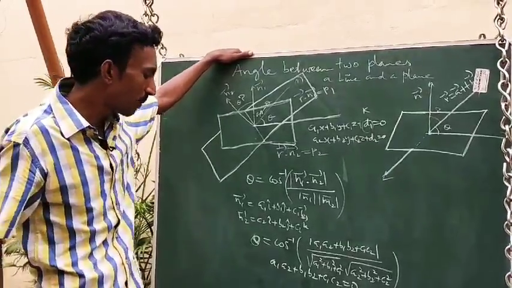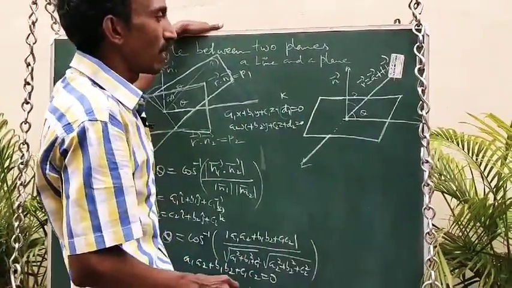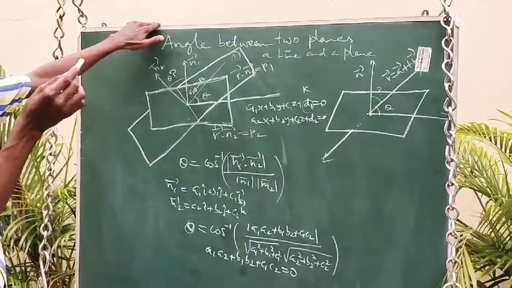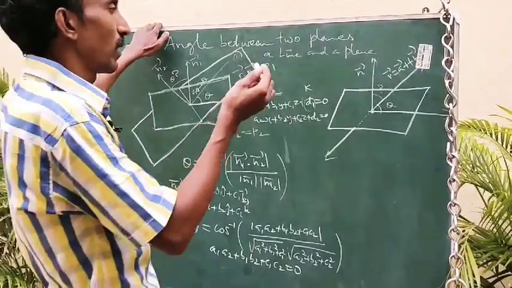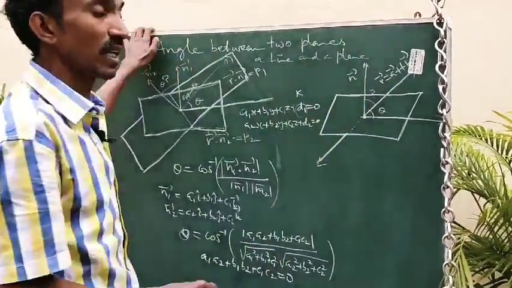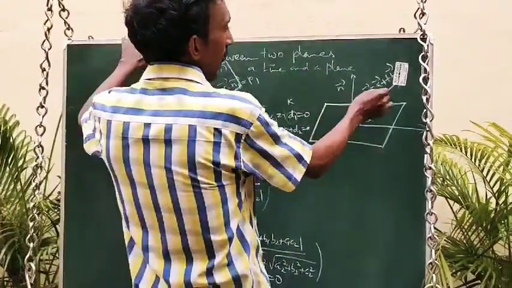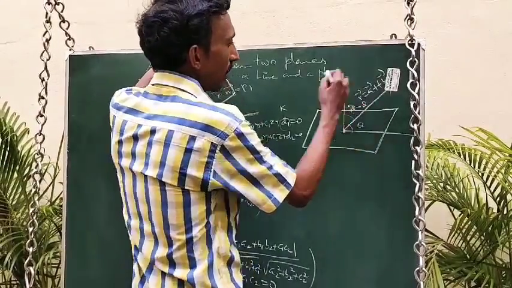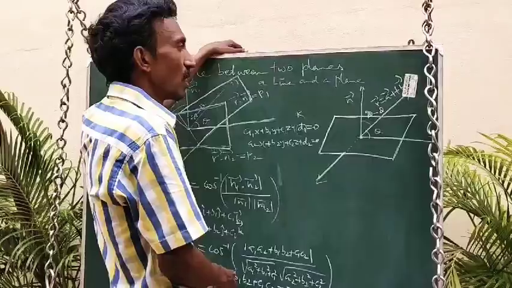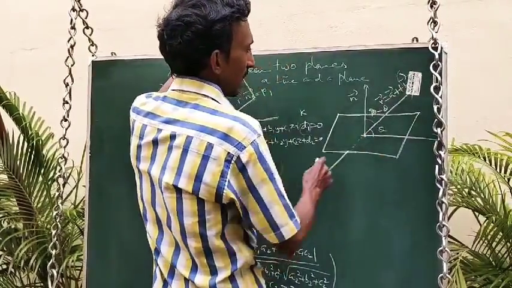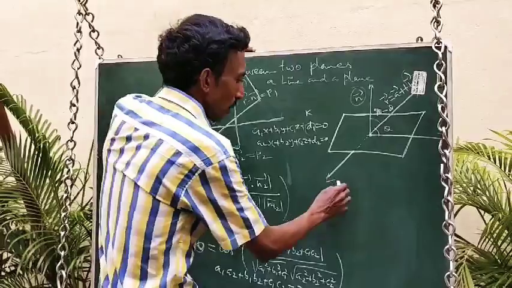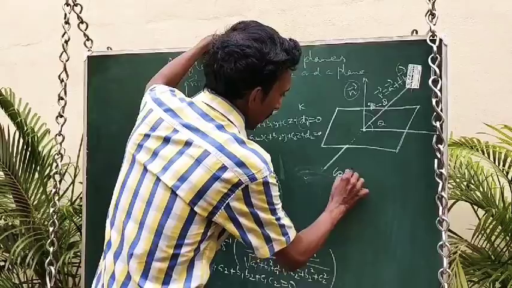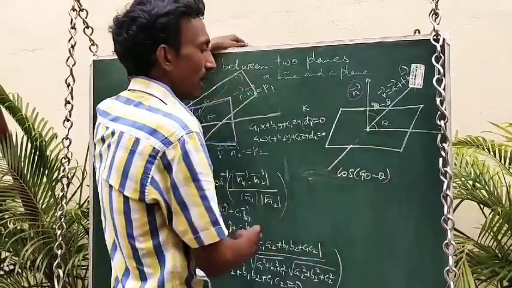So remember that. The next concept is the angle between a line and the plane. The angle between the line and the plane is the complement of the angle between the normal and the line. See, this angle is theta, so the other angle is obviously 90 minus theta because the normal is perpendicular. So take a parallel vector from the straight line and the normal from the plane. So cos theta equal to cos of 90 minus theta because they are complementary angles.